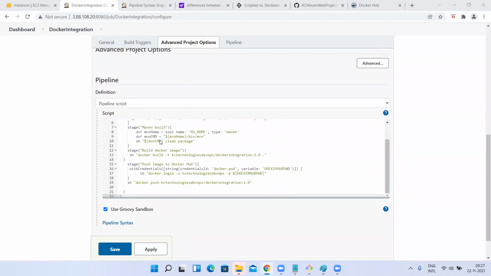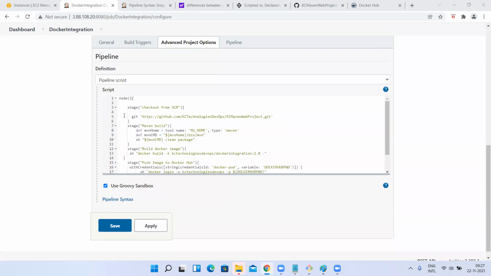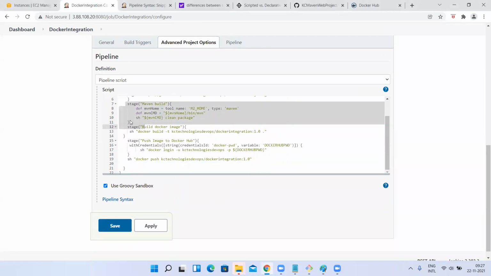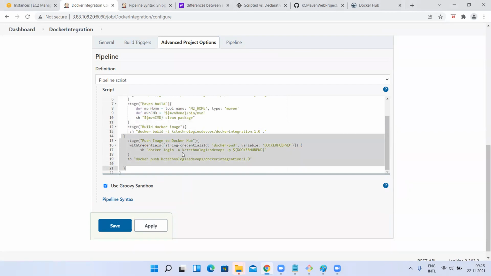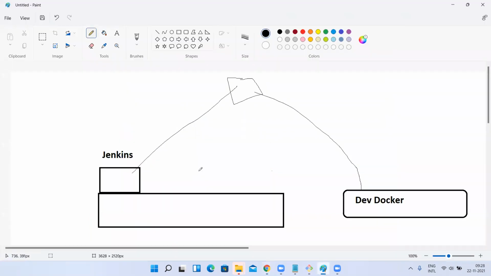Okay, so far we created different stages where we are going to get the code from Git, run Maven, then build the Docker image and push it to Docker Hub. Now, if I want to create a container on the same machine wherever I have Docker, I need not pull it, the image is already there. Just create one more stage, docker run, image name, and whatever details you want to give, it will create the container. But I don't want to do that.